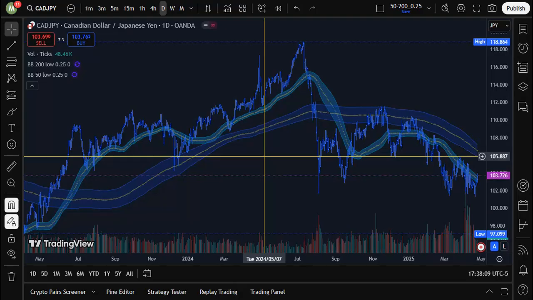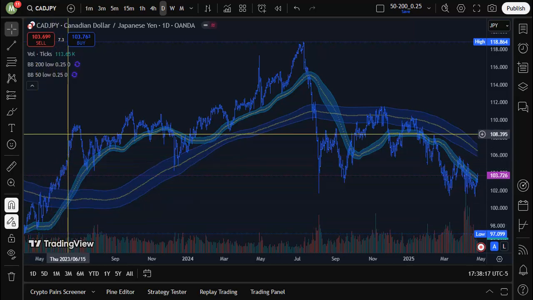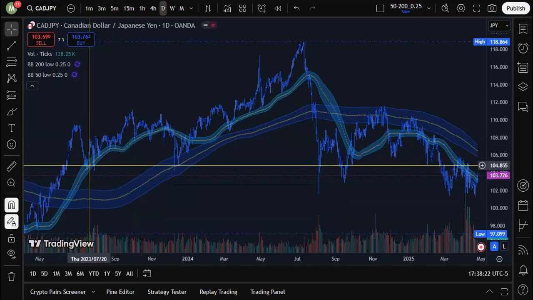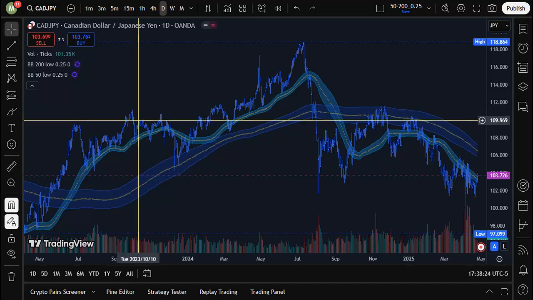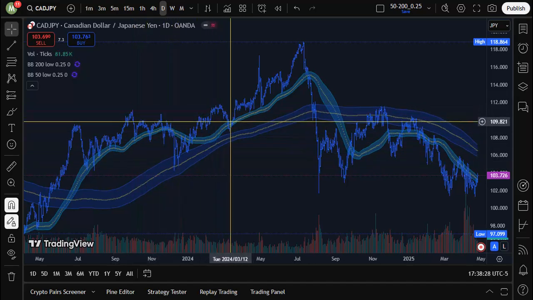Let's look at the currency market. Here we have the CAD yen. This goes all the way back a year. And as you can see, the currency is respecting the 50 band and the 200 band. So it bounces off the 50 right here and goes down, hits that 200, bounces off of it, comes back,